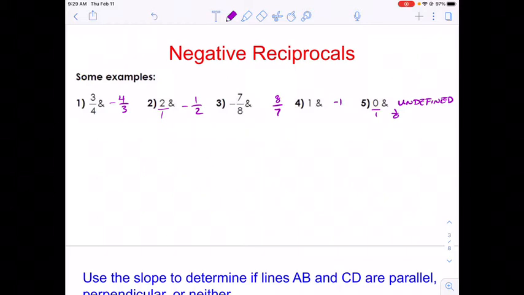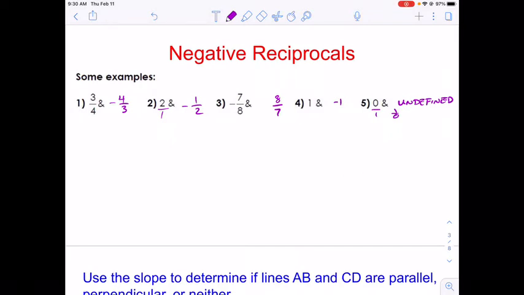Now, why did we go through this? Well, if you have a line that has a slope of 3/4, then another line that's going to be perpendicular to it would have a slope of -4/3. They have to be the negative reciprocals. So if one line has a slope of 2, the other line will have to have a slope of -1/2. If one line has a slope of -7/8, the other line has to have a slope of 8/7. If one has a slope of 1, the other one has to have a slope of -1